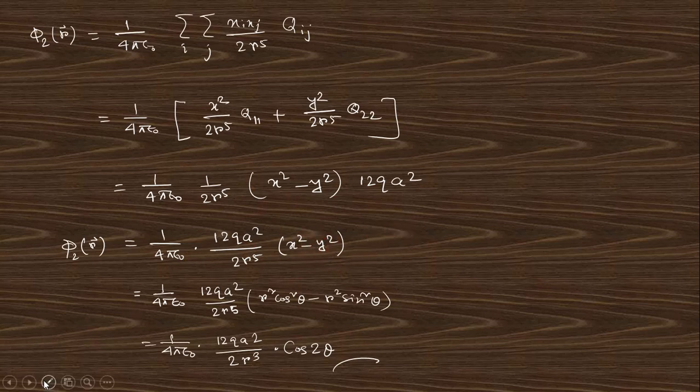and this is in a coordinate system where r and x are mixed. If you want it in a single system, x can be written as r cos theta and y can be written as r sin theta. So you will get this expression. Next, go to the next question.